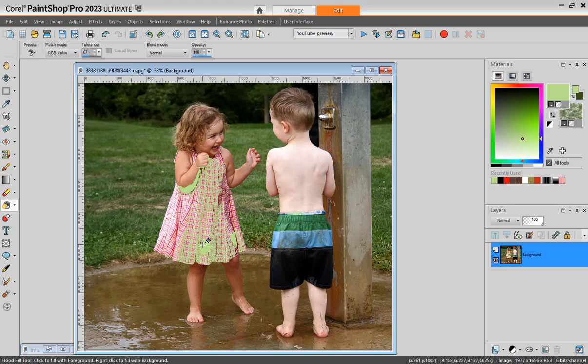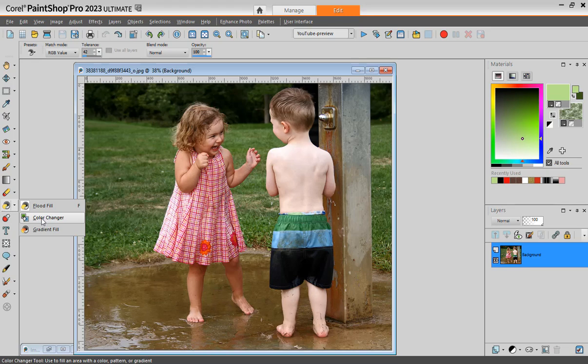So it's like it goes everywhere, including in this case, as you can see on the arm, because I increase the tolerance value. If I decrease it and I click on the pink, I might not be getting as much. So I find that if you are to use the fill, it's not the best tool if you want to actually change color. But if you are using here the color changer,